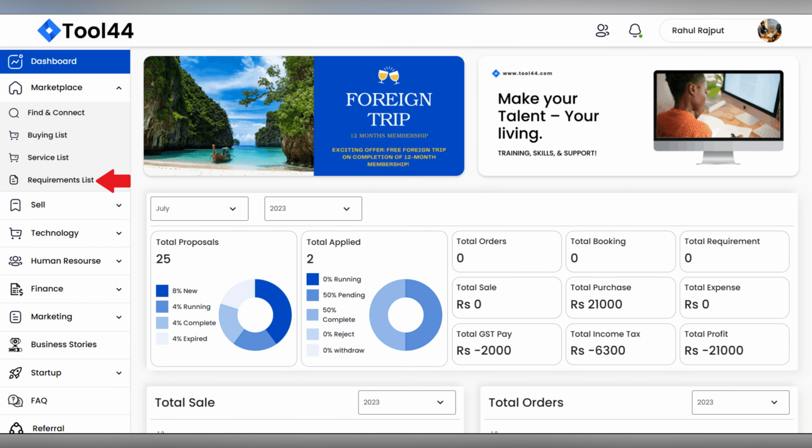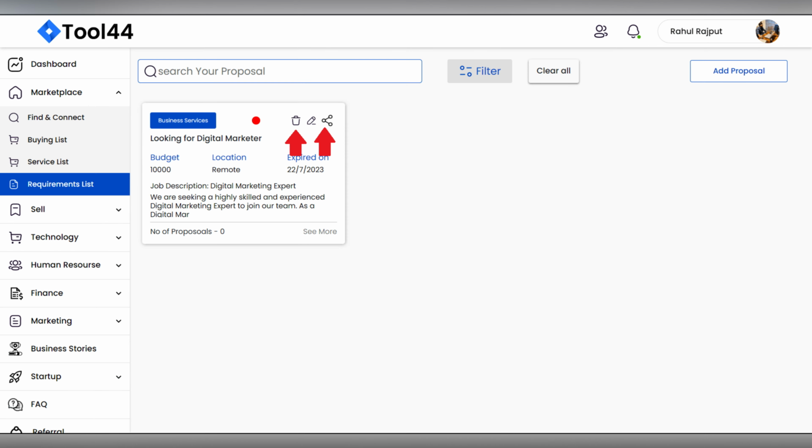3. Inside the Marketplace tab, select the requirement list option from the left side menu and click on it. 4. You will be directed to a page where you can view all your requirements proposals. 5. To locate a specific requirement or proposal, you can use the search bar or apply filters to narrow down